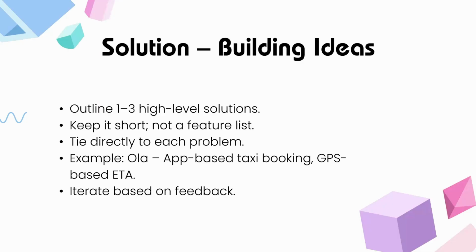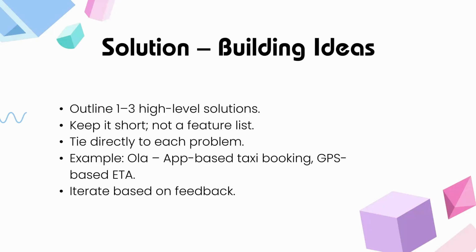Like Ola is an app-based taxi booking service, GPS-based and ETA-based. It's an application. You don't have to go anywhere. You just have to sit in a place and book. Because it's GPS, you don't have to give any navigation. You don't have to say I want to go there. You just put it on the application and they will do that. Another feature is that it is ETA based. ETA tells us how much time it will take for me to reach there. It will also tell me different routes through GPS and the time each will take.